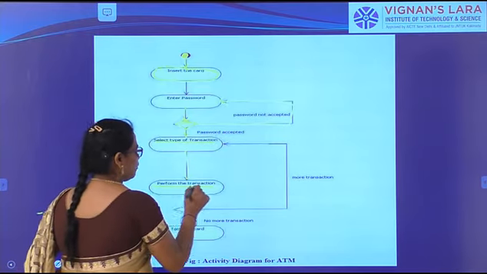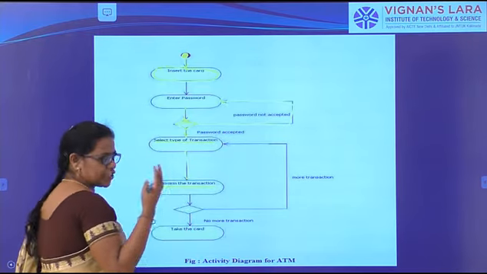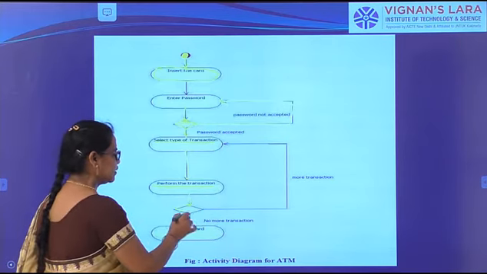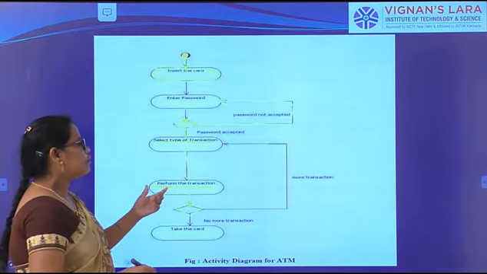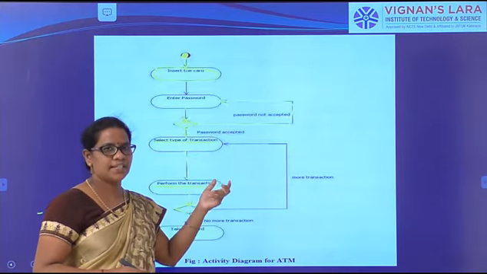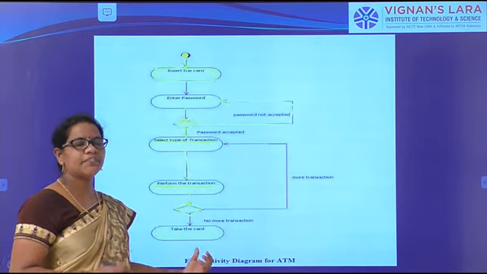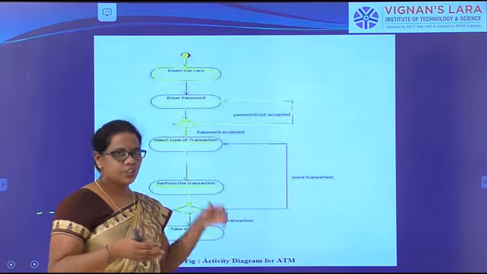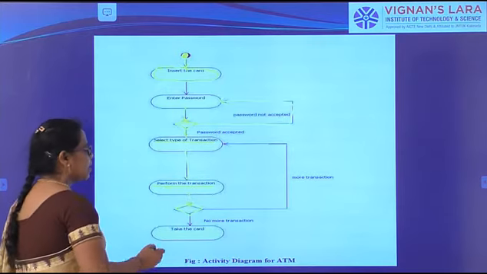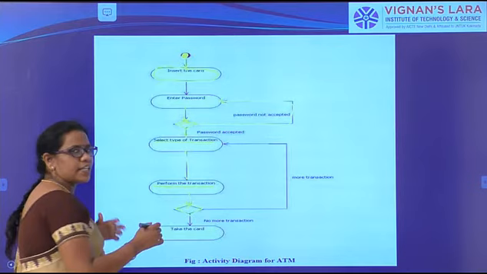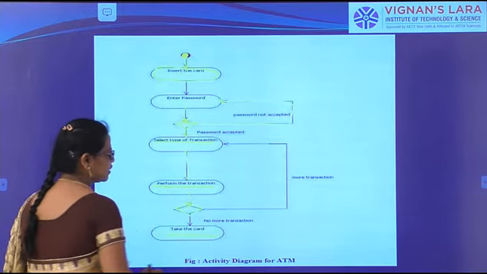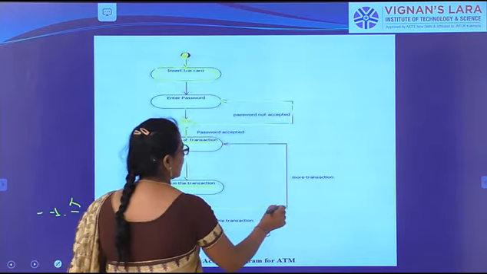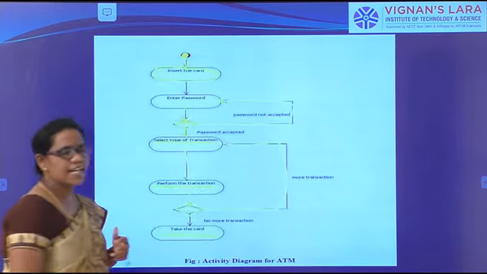After performing the transaction, what transactions you did with the ATM, again it will go for some decision making. For what? Whether you want to continue for another transaction or you want to leave the ATM machine. It will ask, won't it? Yes, it will ask. If people regularly interact with the ATM machine, you are able to know what is what. If you are not interested in making another transaction, then it will ask you to take the card. Or else if you want to do more transactions, again it will go for select type of transaction.